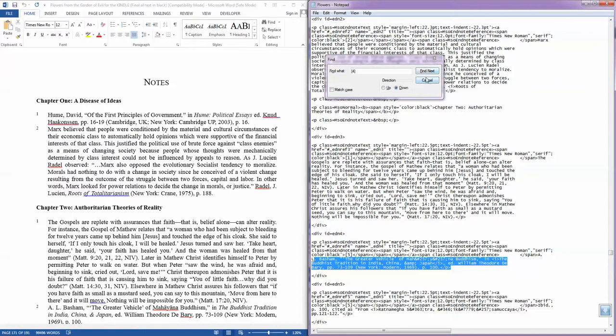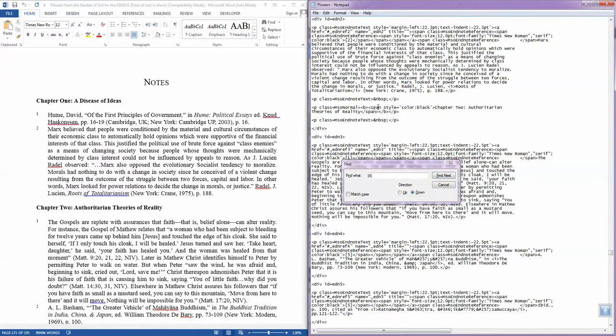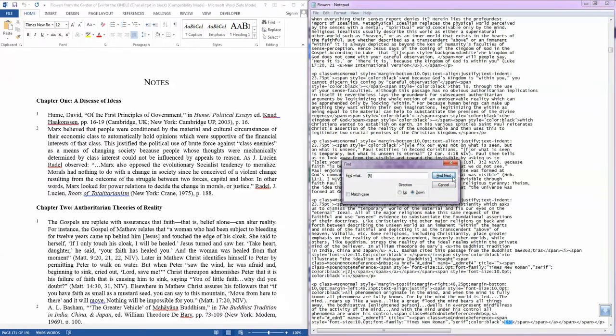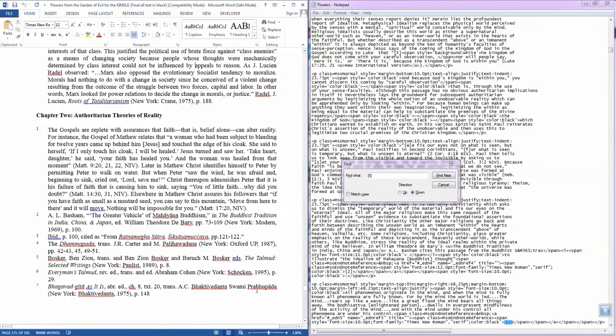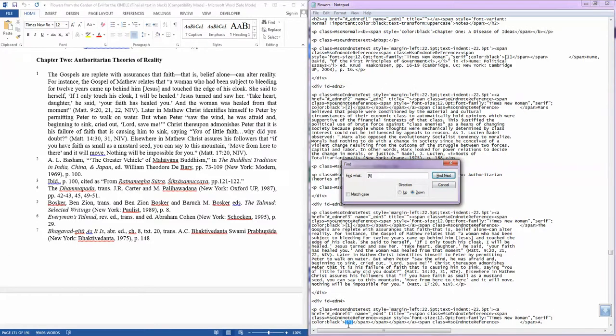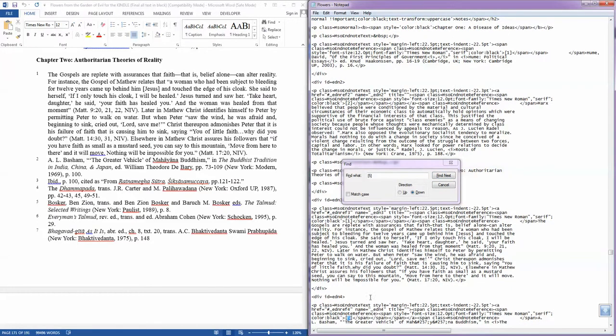Oh, I don't actually have to close this dialog box, which is nice. It's going to save you a little bit of time. If I just click anywhere in the document and press Control Home, it takes me to the beginning. Now I can search for footnote 5. Change this to a 3 because it's the third footnote. Find it again. Verify that it says,